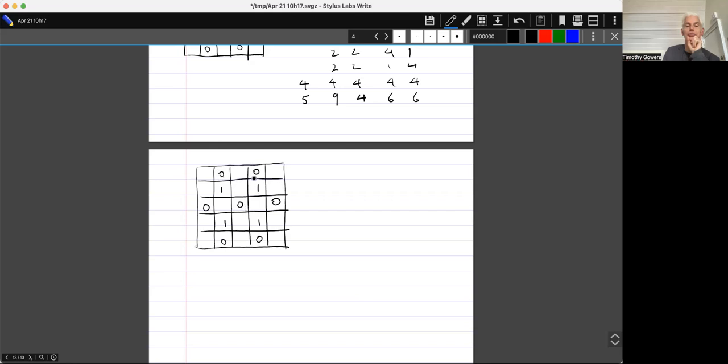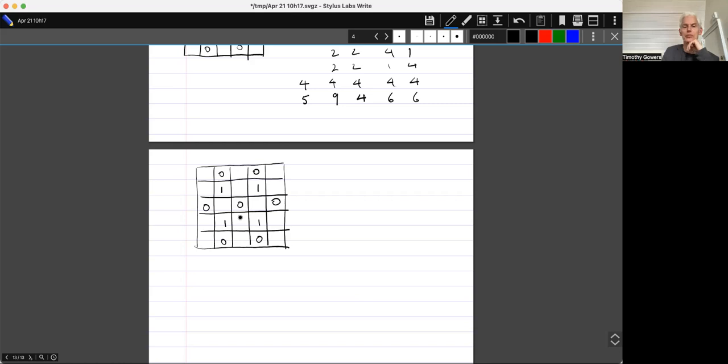So if every 2 by 2 covers the same number of noughts and ones, then trivially every 4 by 4 also covers the same number of noughts and ones, because you can decompose it into 2 by 2s. What about the whole 5 by 5? We've got 2, 3, 4, 5, 6, 7, and 4. So this 5 by 5 doesn't work, but again, we could argue that the only reason it doesn't work is we've got this middle one.